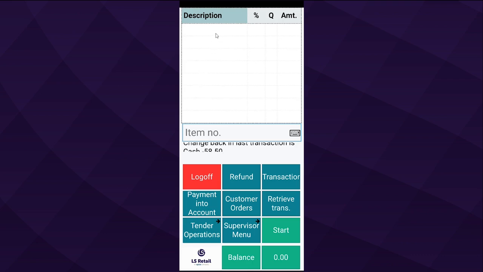I could as well change the look and layout. When I did this phone layout in the beginning, I decided to have the journal here, the input field here, and buttons here. A few years ago, when we started to use a phone for this purpose, I was asked to create a look and layout for it, to create a setup. I took a POS that was maybe not the same look, but had some similarity I could use. And it took me only one day to change from a full-size POS to this look for a small device like a phone. I don't think that's a lot of time.